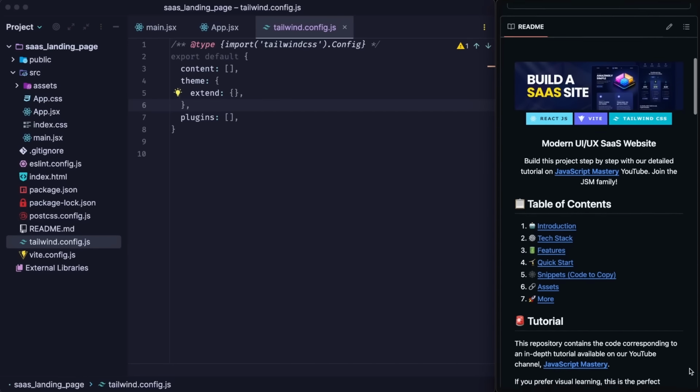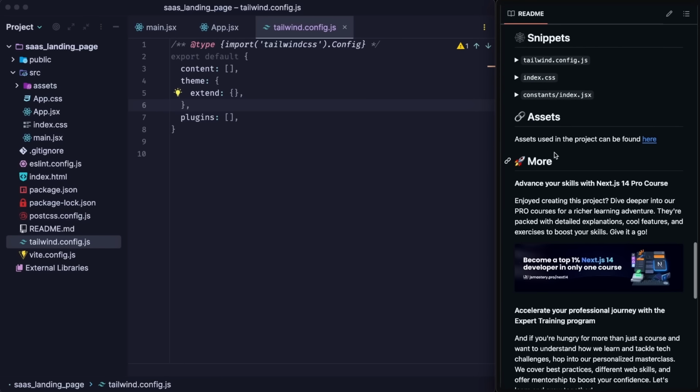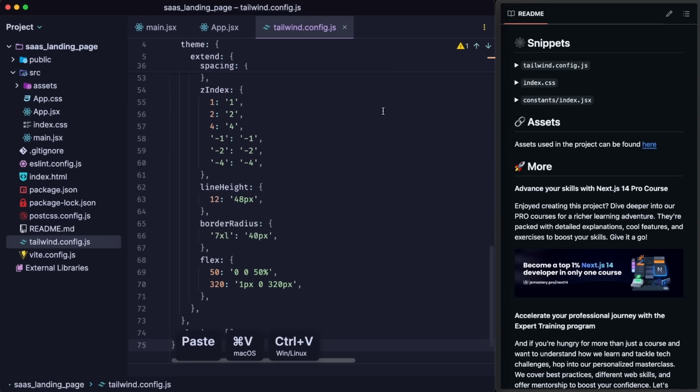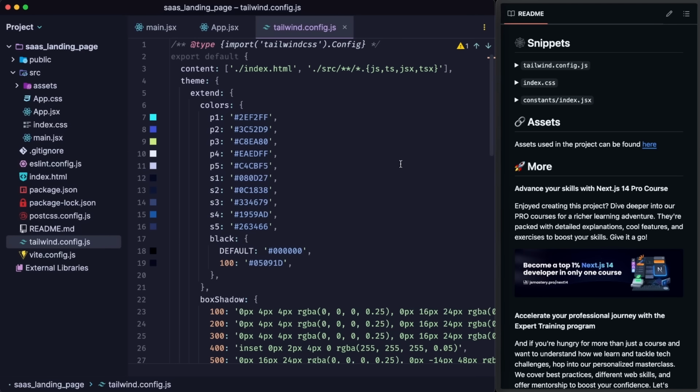But even more than that, I have created a complete README with full information about this project. And a very important part of it are snippets and assets. So let's head over to number 5, snippets. And this will provide you a modified tailwind.config.js, which you can simply copy and then paste right here. This way, I can explain it to you